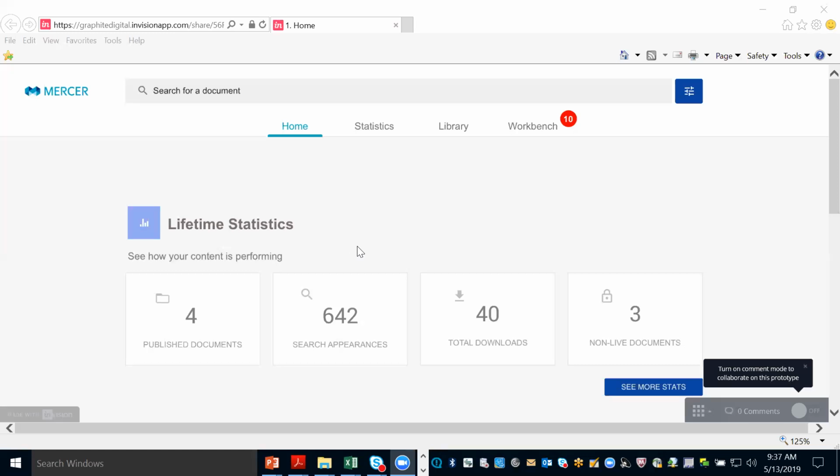So now this wouldn't give me information about how many people have uniquely viewed my web pages or my content, right? This is just how many times this has come up in search. If you wanted to find that information, without clicking on anything yet, where would you think to look?